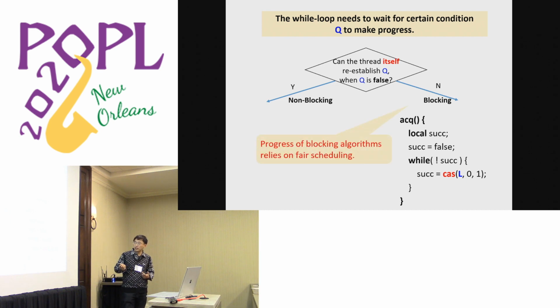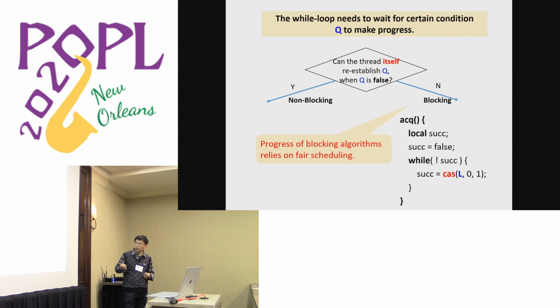So we can see that essentially any algorithm that involves locks cannot be non-blocking. It has to be a blocking algorithm. Also, it explains why we say that a blocking algorithm relies on fair scheduling to eventually make progress. Because